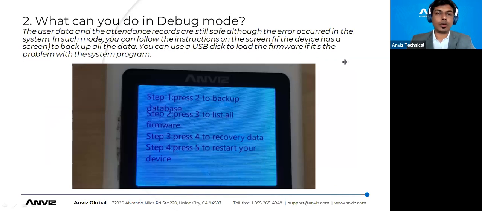So what can you do in the debug mode? This is an important part which customers may ask about: why do we need to enter into the device debug mode? As I said, if the device is stuck on the display, or is not working completely, or is not able to recognize the face, card or fingerprint, and is only stuck on the Anviz logo,